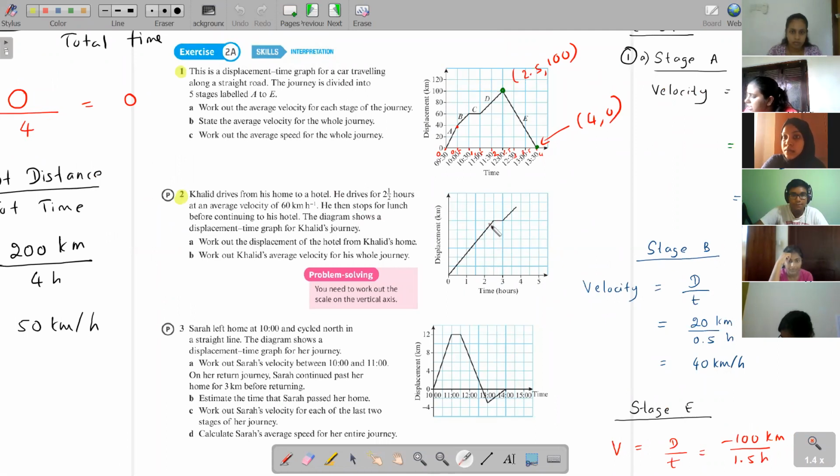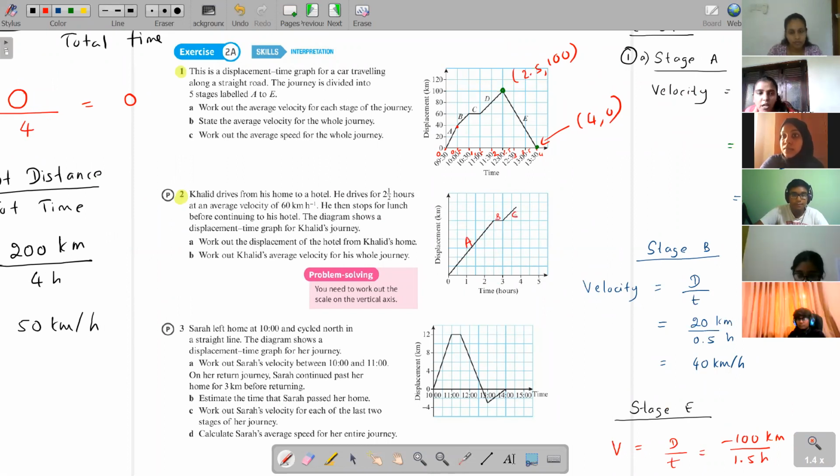I think we can very clearly see. So here, this is the first stretch. Let's say the first stretch is A, then the second one is B, the last one is C. So we'll mark like what we did earlier. In stretch A, he goes in one direction at constant velocity, for 2.5 hours, at an average velocity of 60 kilometers per hour. So the velocity is 60 kilometers per hour.